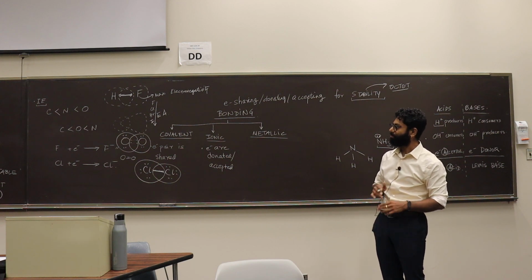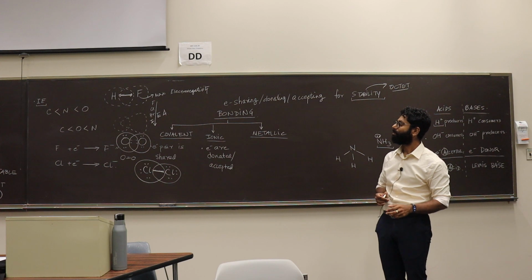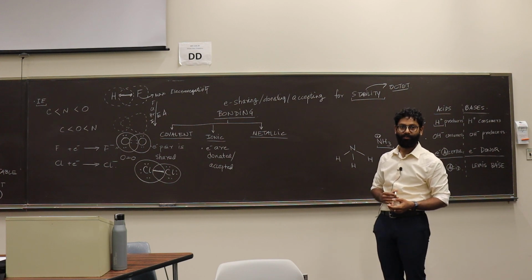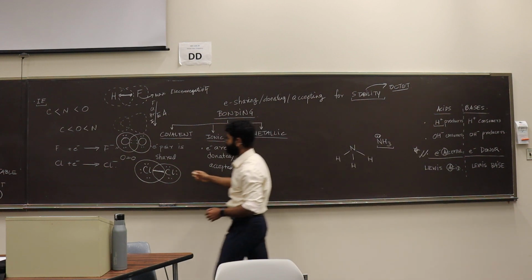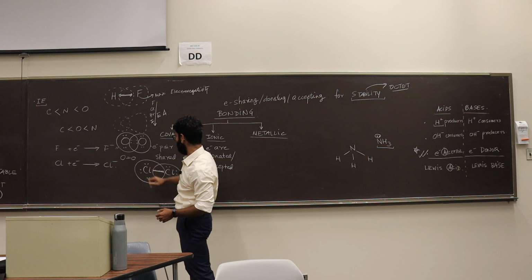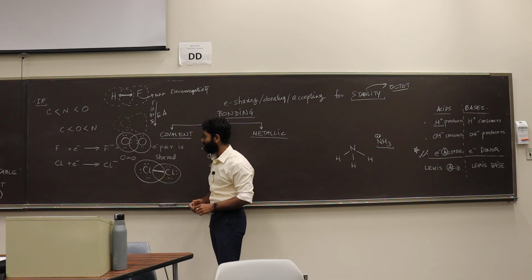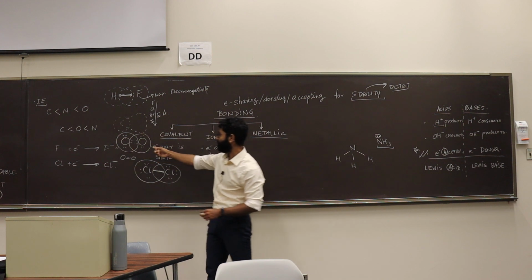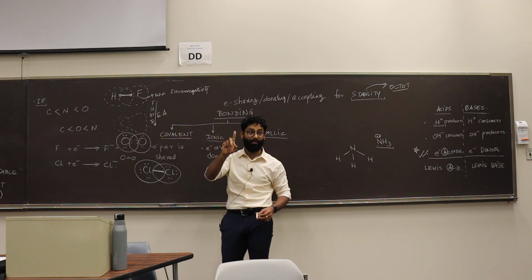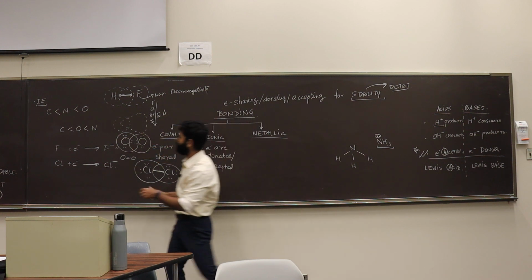Can anyone guess which of these bonds will be strongest? A single bond, a double bond, or a triple bond? So you have an O double bonded O, Cl double bonded Cl, or you can also take F, so F single bonded F, so you also form F2. So if you want to